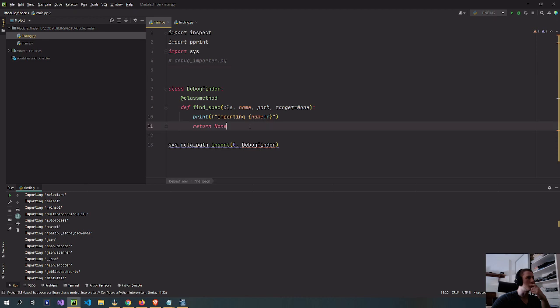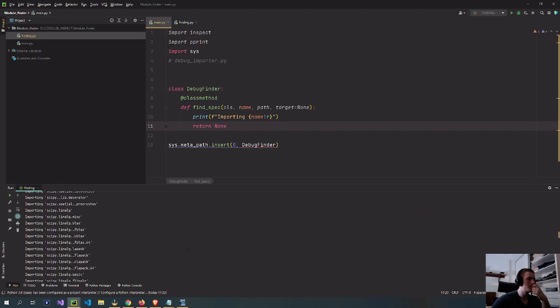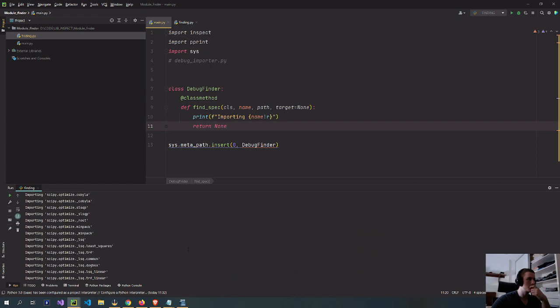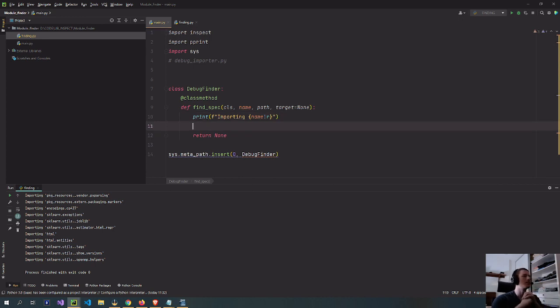So now let me see here. DebugFinder. So name is what I'm printing every time I run this. So how can I import? The problem is if I put import name, I'm not sure if it's gonna do what I wanna do. So I have to think about what this thing is doing so I can call it recursively when I run